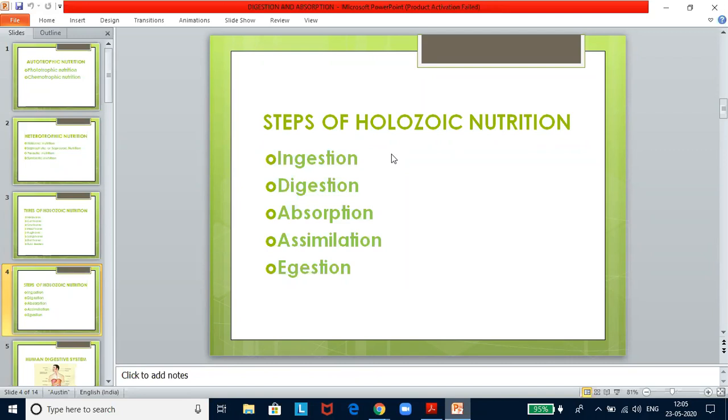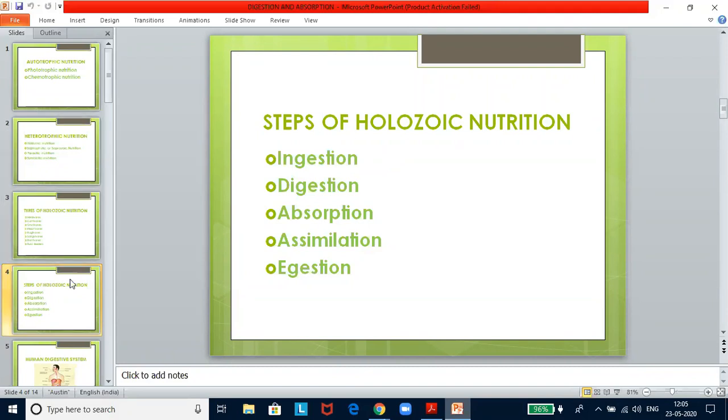Digestion is of two types. One is intracellular digestion and the other is extracellular digestion. In intracellular digestion, the food materials are taken in and digestion occurs within the cells, and this type of digestion occurs in protozoans and sponges. In coelenterates, the digestion is largely intracellular. In extracellular digestion, digestion of the food material occurs outside the cells in a cavity. The digestive enzymes are secreted into the cavity where digestion of food takes place. And this type of digestion occurs in higher invertebrates and all vertebrates.